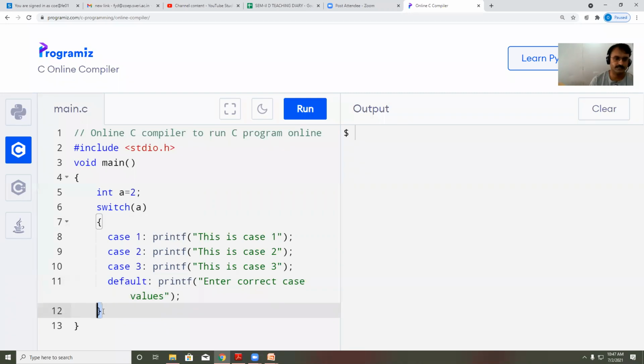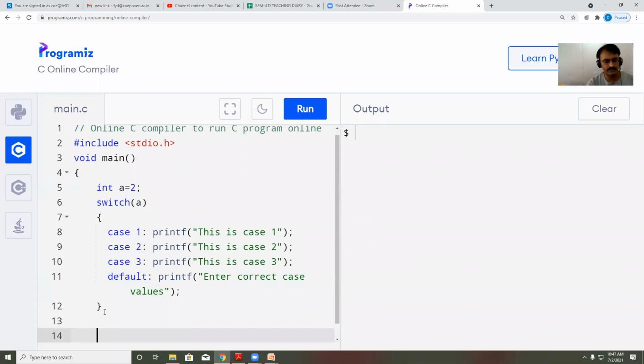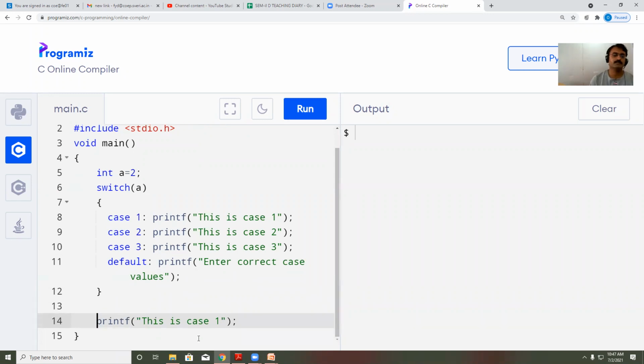The switch function ends, and after this switch, I will write any statement, any general statement. Or if I am having instruction, or if I am having certain calculation, that will be a part of the remaining program. But for an example, I will write here, we are out of switch case.